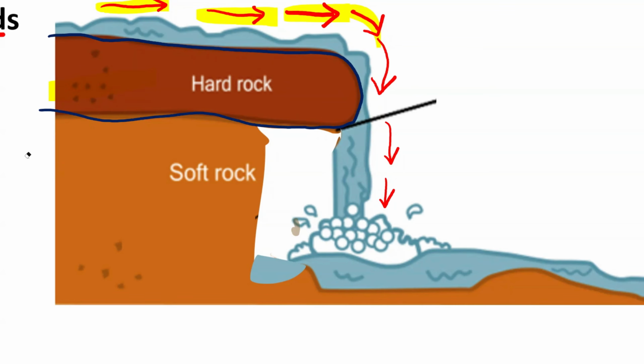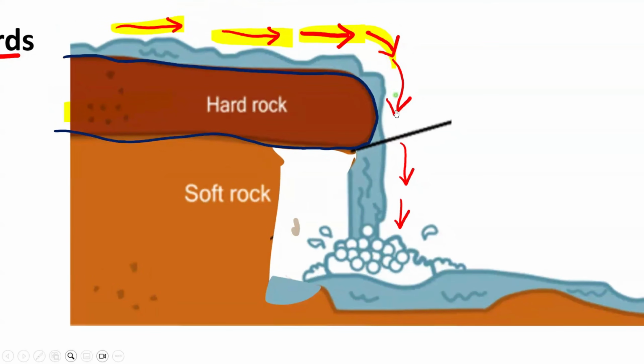So the more the water flows down here, Grade 12s, what is actually happening? The more this water flows down and flows down and flows down, it is actually going to make the cap rock even weaker because it doesn't have anything to balance it down here. So by force of gravity, you guys already know that when this cap rock is just experiencing the force of the water, it will actually break down.